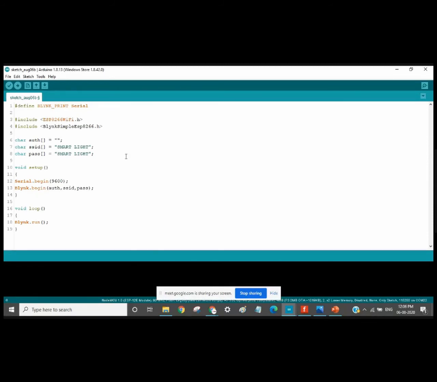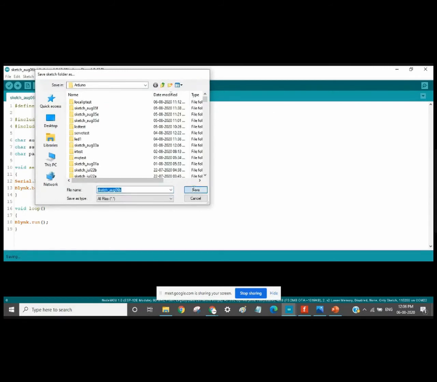Now the only thing left is our authentication token. We will add our authentication token here afterwards. We will just compile the code. The code will not give any errors because everything is complete; your authentication code can be empty. So we will compile this code and check whether it compiles or has some errors.